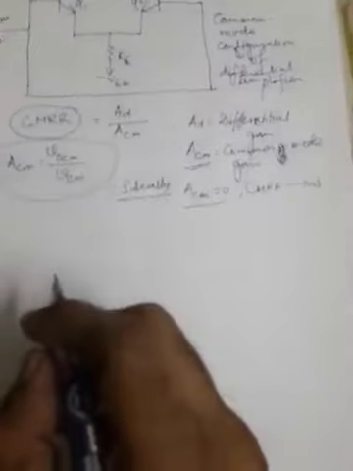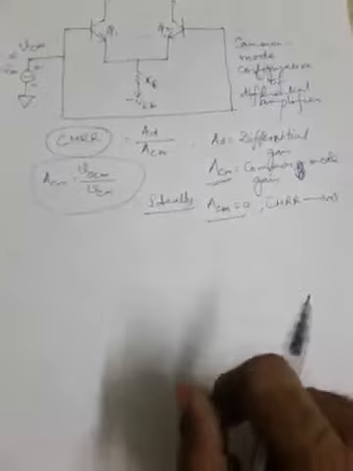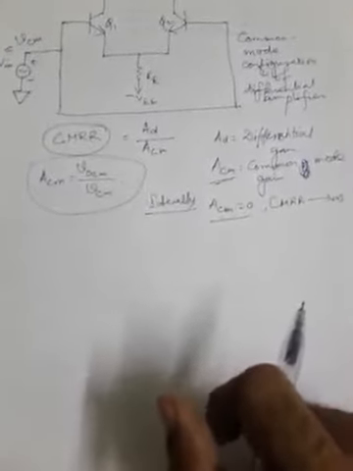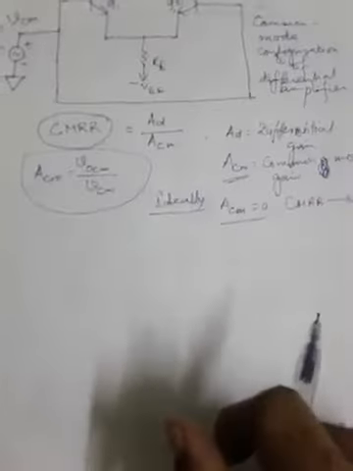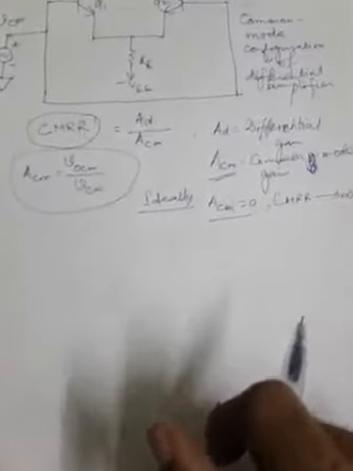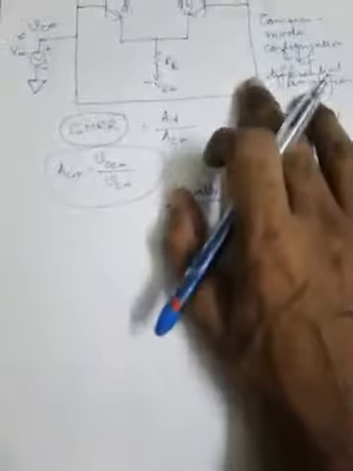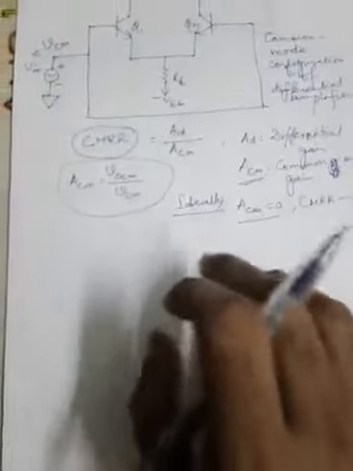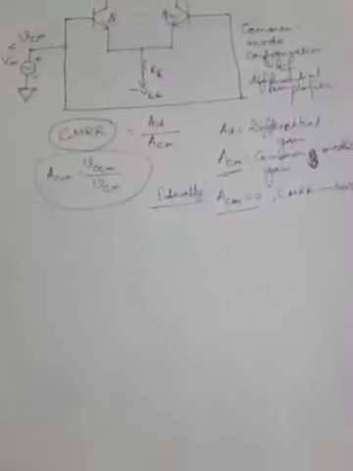Thus in practice it is advantageous to use a differential amplifier with high CMRR, as high as possible, since the amplifier will then be able to better reject the common mode signals. So as a conclusion, we can say the more the value of CMRR for a differential amplifier, the better it will reject the common mode signal. That means the undesired disturbances in terms of noise or hum pickups.